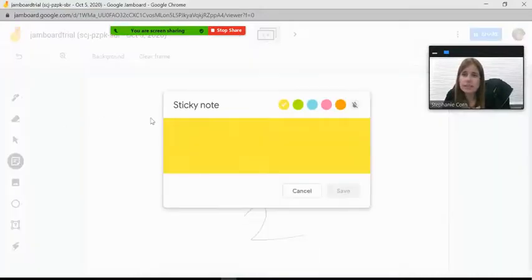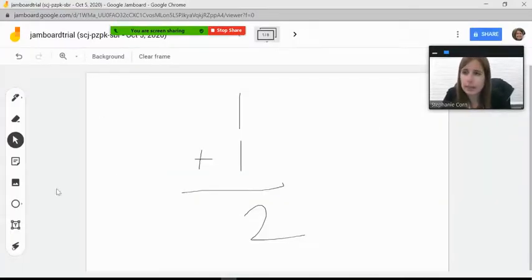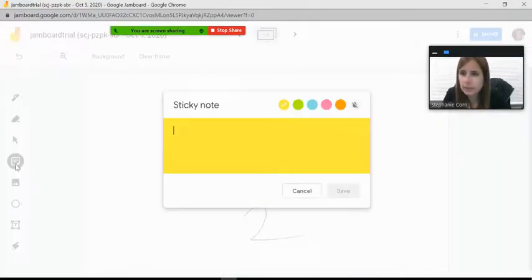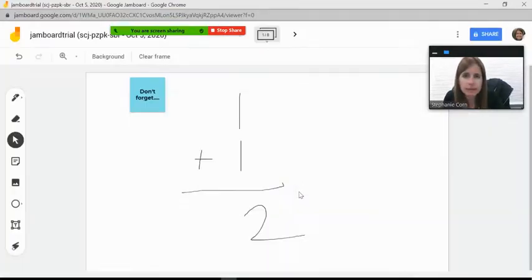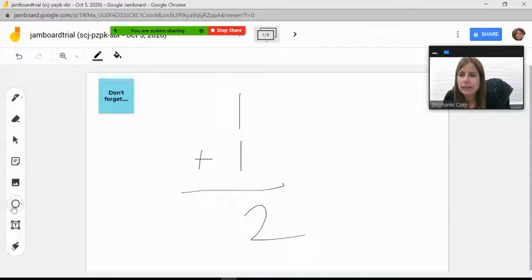You also have these sticky notes. So if you want to take a note about something, that's this one right here. Don't forget, you can change the background and click Save. And when you're done, click Cancel. You can move that around. You can add